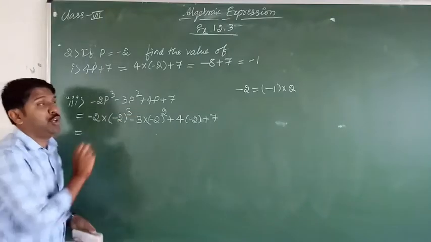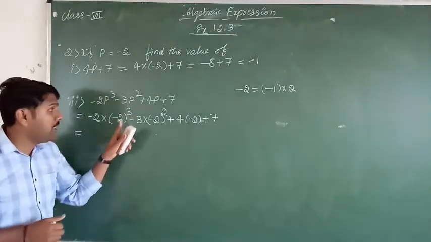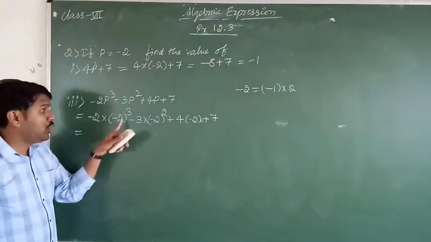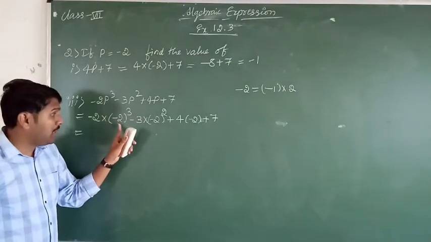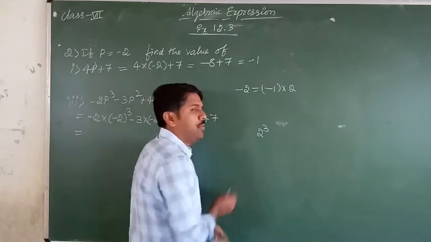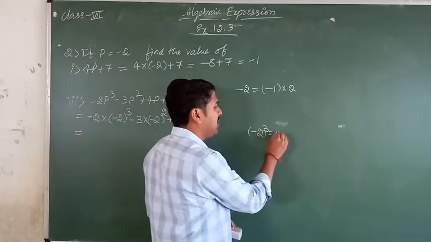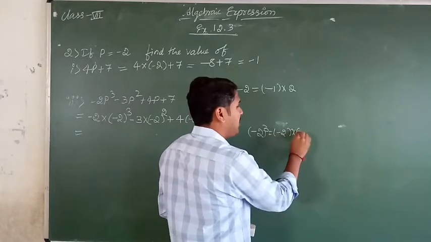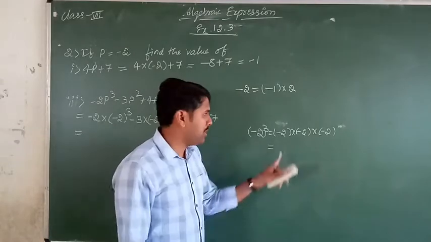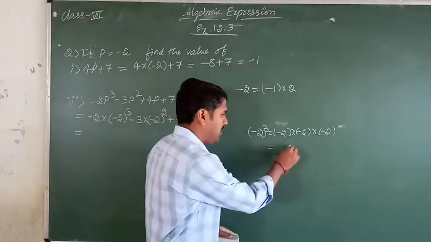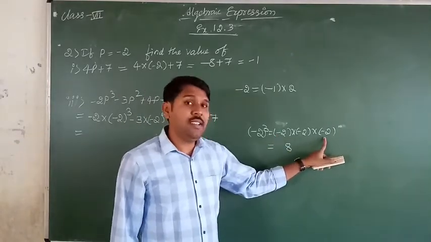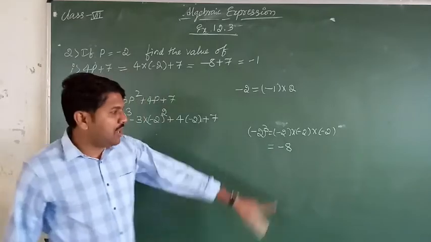And minus 1 raised to cube. I have to explain that one. Minus 1 raised to an odd number equals minus 1. So the answer should be minus 1. 2 cube: how to write cube? You should multiply 2 how many times? 3 times. So 2 cube. Otherwise, minus 2 cube: how to write this one? Minus 2 into minus 2 into minus 2. So first multiply the numbers. 2 2s are 4, 4 2s are 8. Minus into minus is plus, plus into minus is minus. So the answer should be minus.